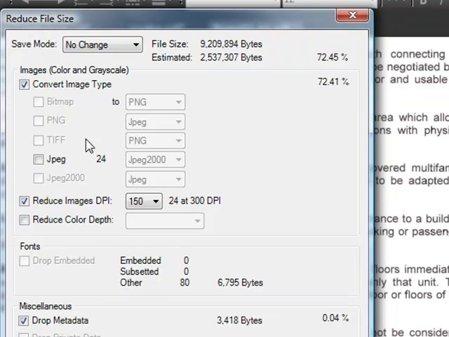images. Next to each different image type, you'll see a number, and this number indicates the number of images of that particular type in this particular PDF file. Also, you'll see in the DPI setting how many images are at a particular DPI. So this is telling me that there are 24 JPEG images, and all 24 of those are stored in this